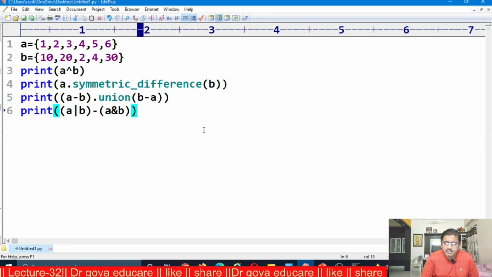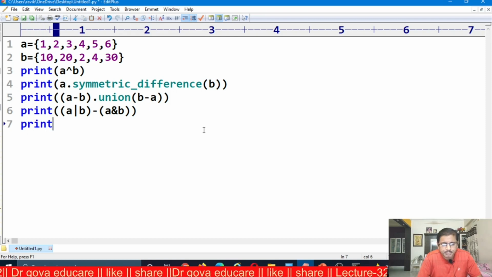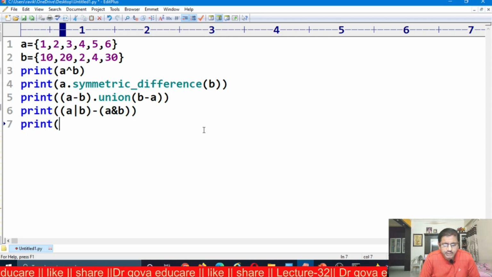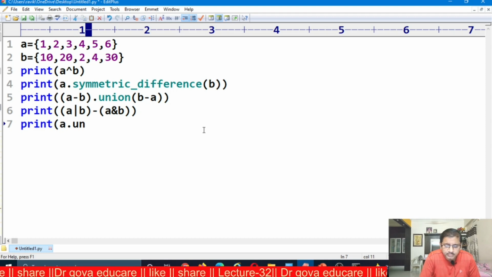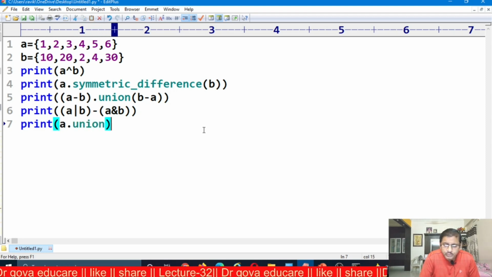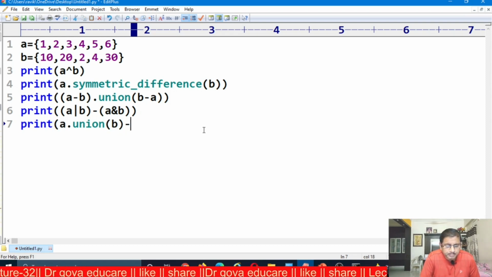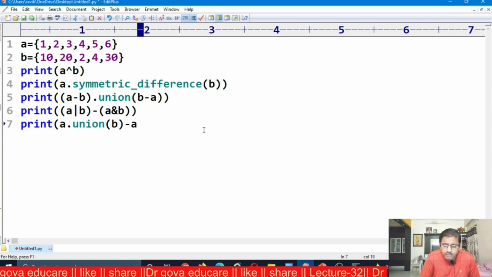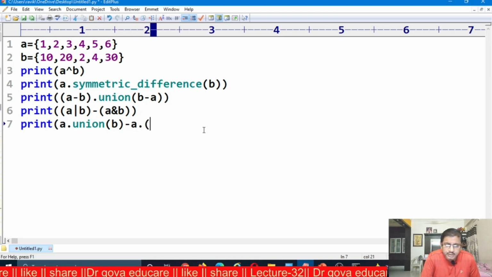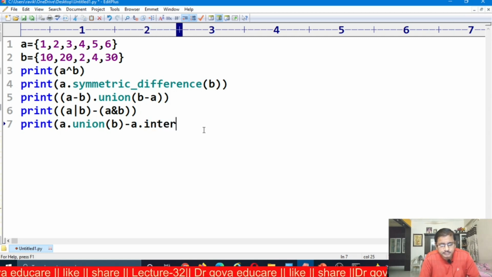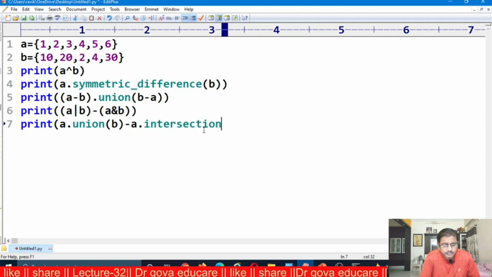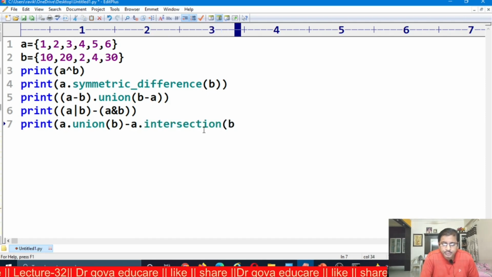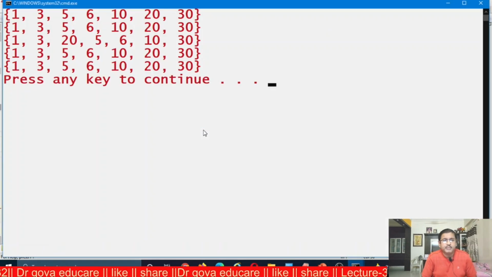Again we can use a built-in function: print of A dot union of B minus A dot intersection of B. Again we get the same answer.